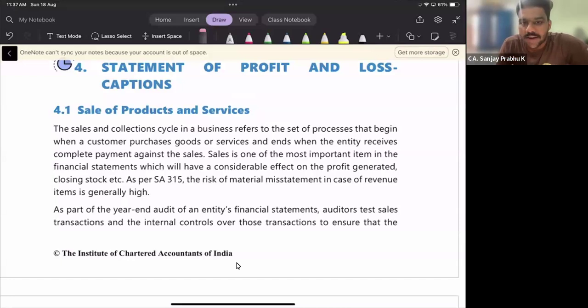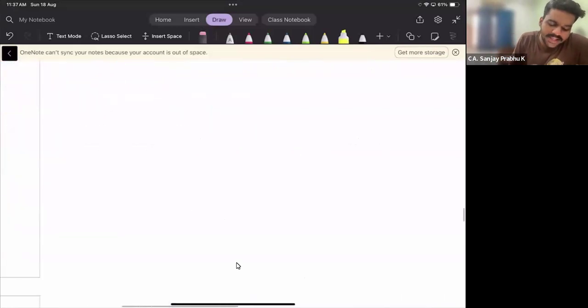So initially assertions and topics. Second item, basic disclosure items. In the P&L account items check audit of items of FS and P&L account items. The very first item we are going to learn is sales. Sales of product and service. So basically,